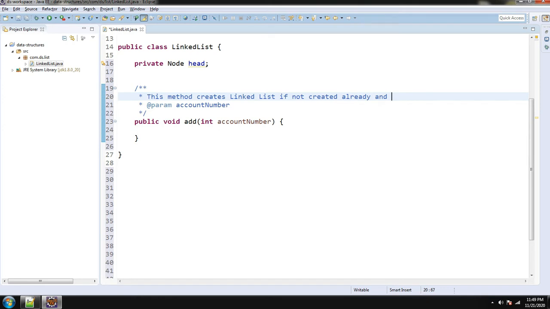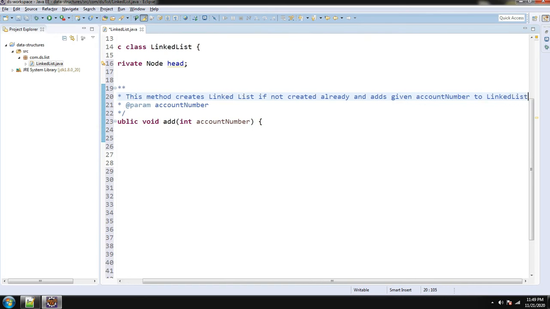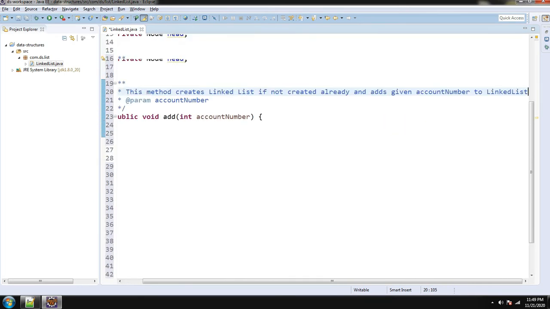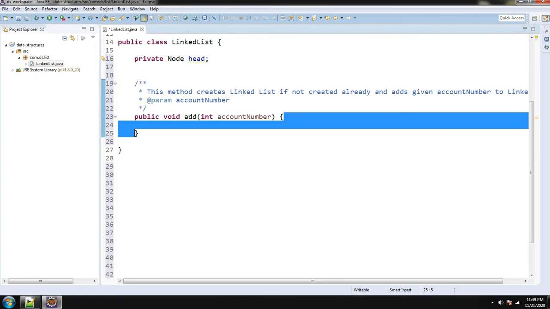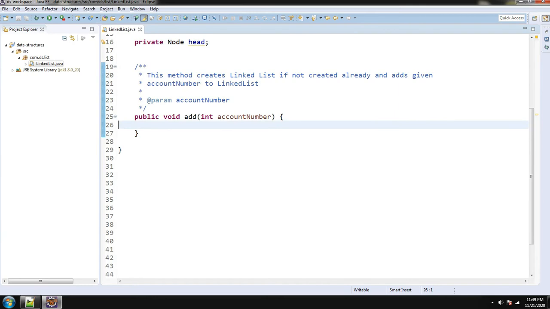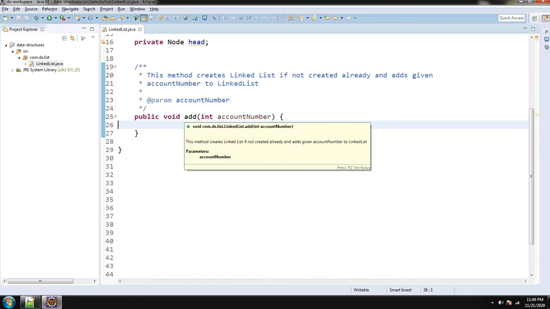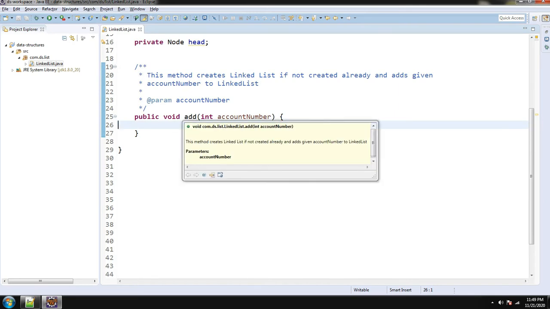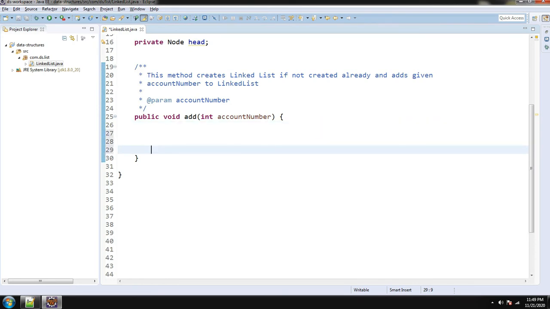I'm just giving the comment and formatting it. This method creates a linked list if not created already and adds the given account number to the linked list.